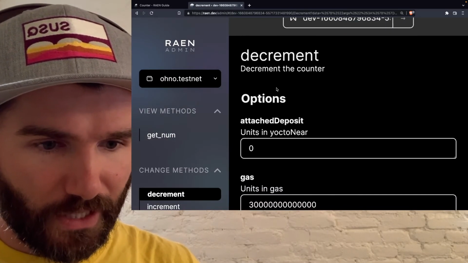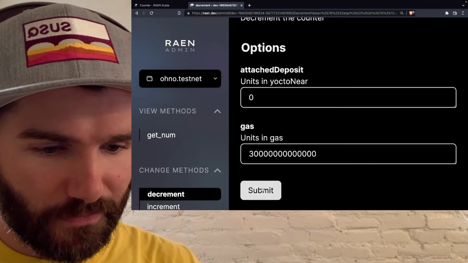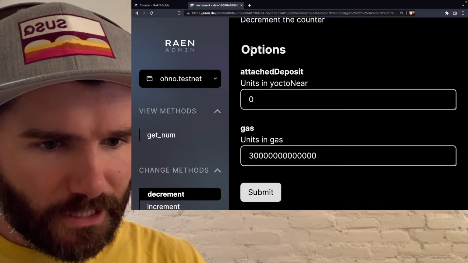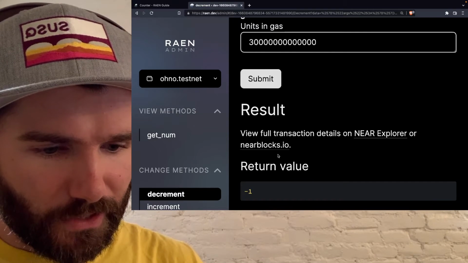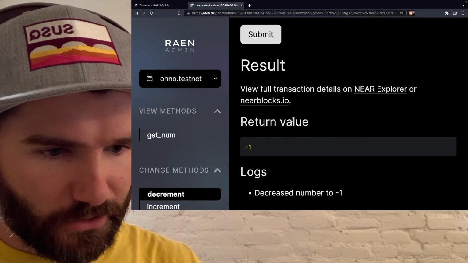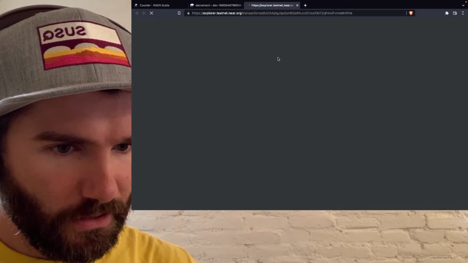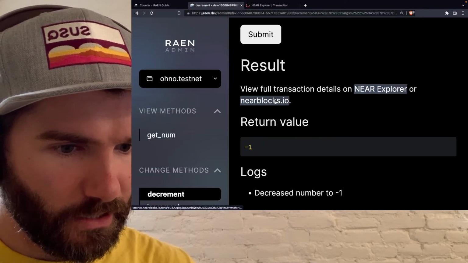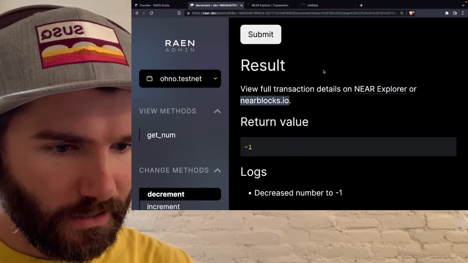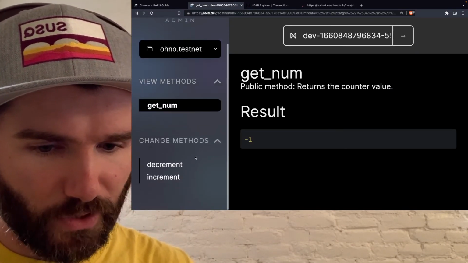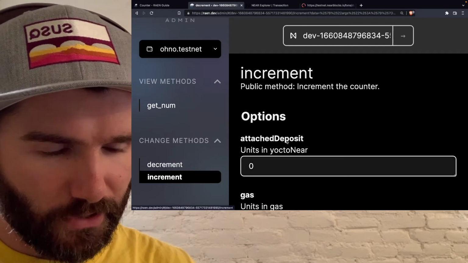All right, so now we can decrement the counter. Let's go for it. Hit submit. And let's talk more about these options while that's doing its thing. Oh, look, it already returned. We can view full transaction details on Near Explorer and on Near Blocks. The return value is -1, so if we go back to get num, it is -1. Beautiful. And if we go increment again,